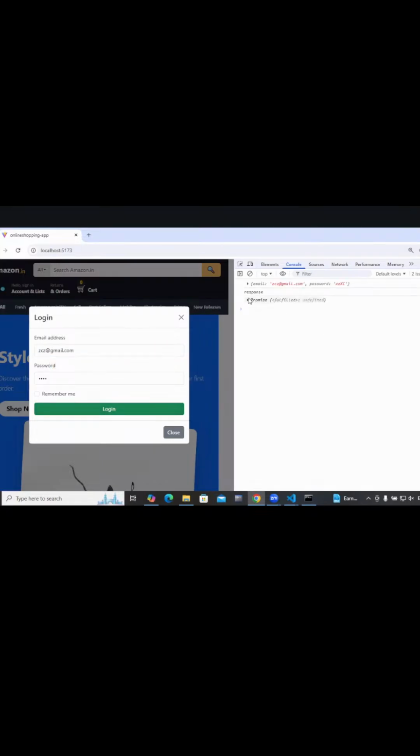So click on login. Response is what we are getting.